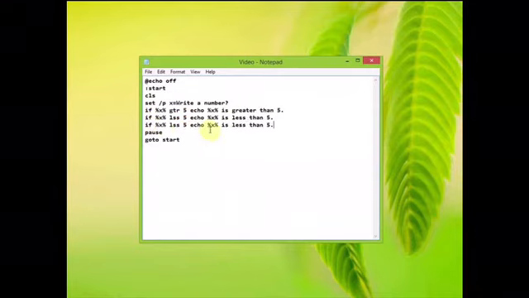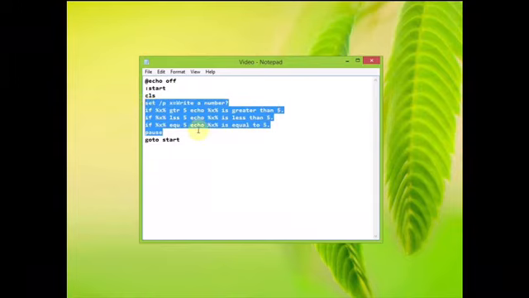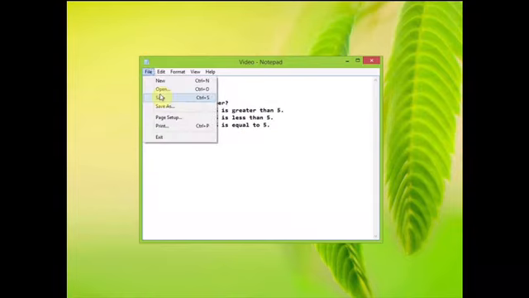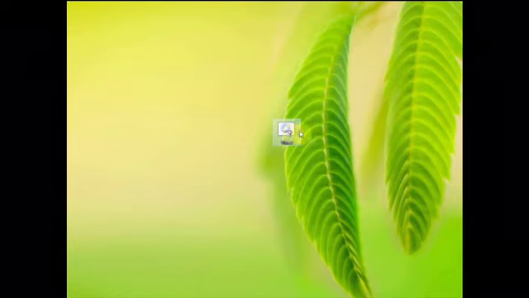If x is EQU 5, echo x is equal to 5. So now we've created a greater than or equal to equation in this batch program.